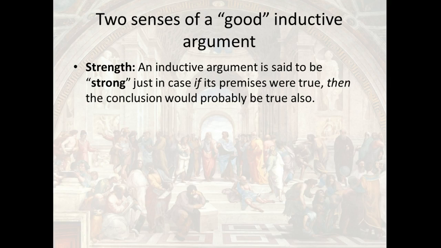It's far more difficult to offer general rules defining what constitutes the strength of an inductive argument than it is to define what constitutes a valid deductive argument. However, one of the overarching principles supporting all inductive arguments is the uniformity of nature principle, right? We have to almost either argue for or assume the uniformity of nature principle. This principle roughly states that the regularities of the past will continue into the future, right?